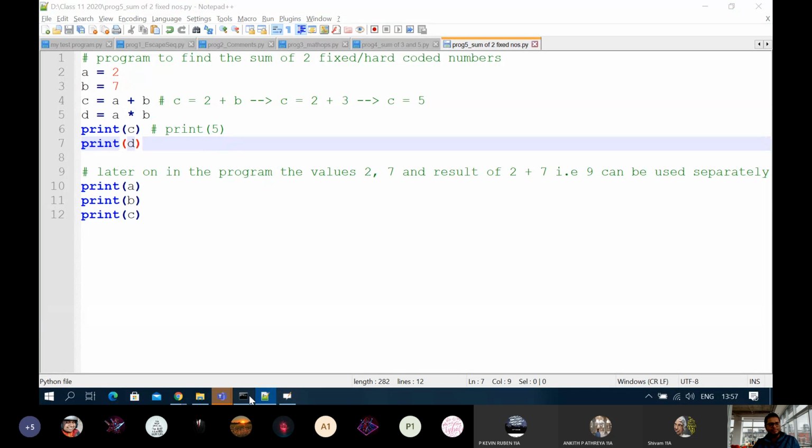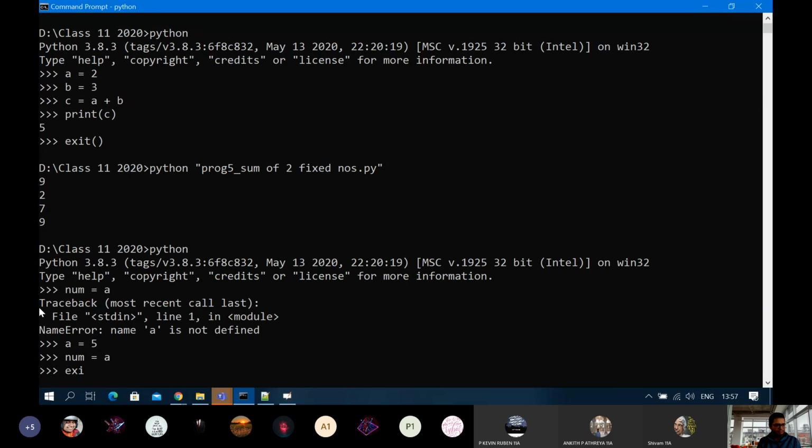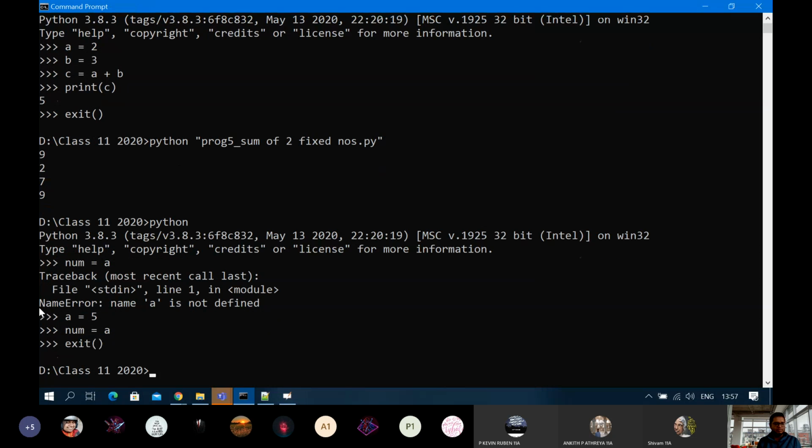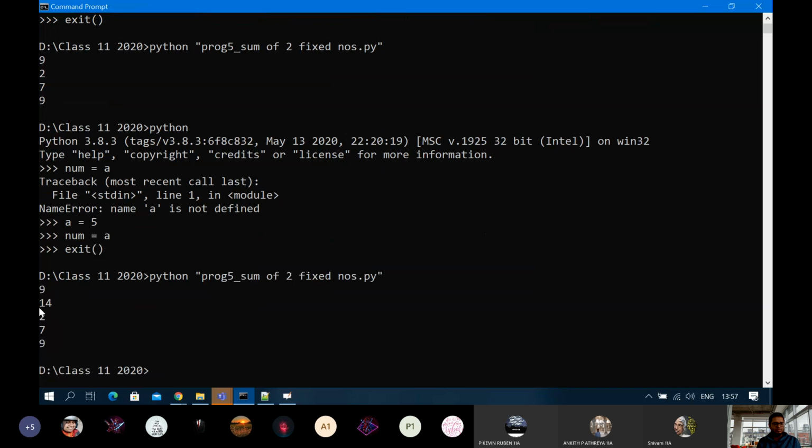What will happen? देख रहे हो 14 is also coming here because 2 multiplied by 7.